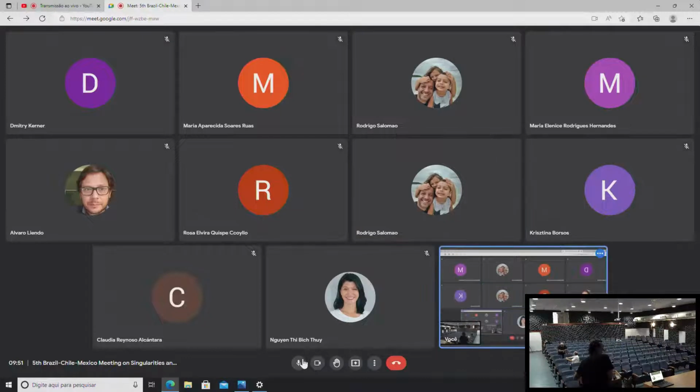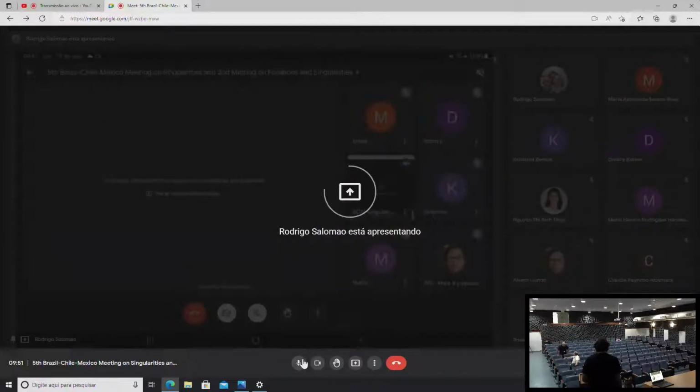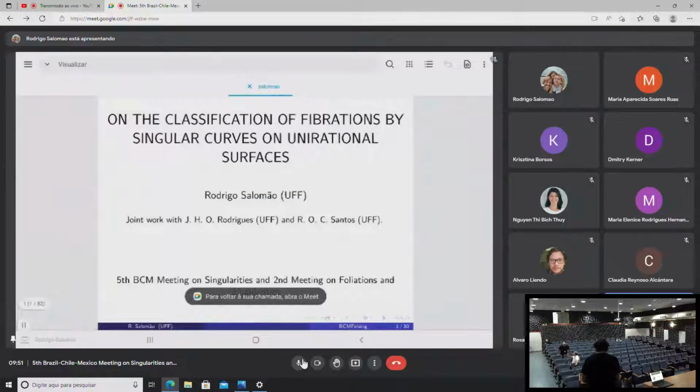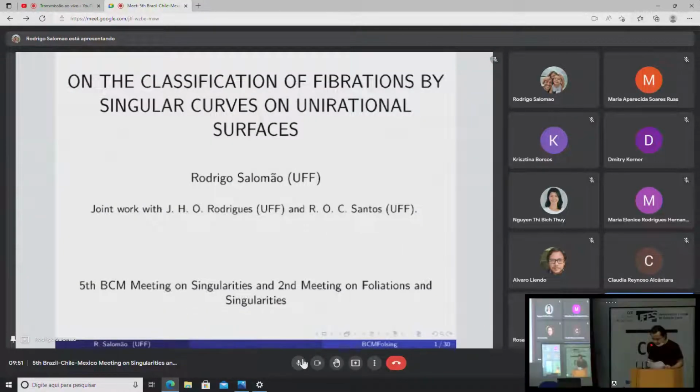Yes, please. Okay, let's proceed with the next speaker, Professor Rodrigo Salomão, from the Universidade Federal Fluminense in Brazil. He will speak about the classification of fibrations by singular curves on unirational surfaces. Okay, Professor Rodrigo. First of all, I would like to thank the organizers for the opportunity,